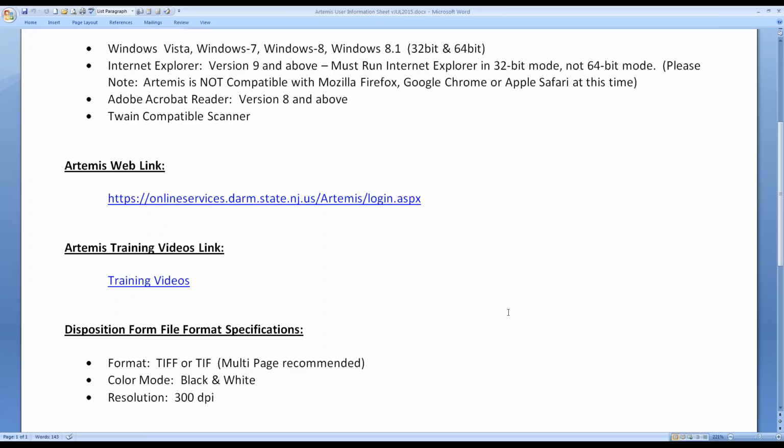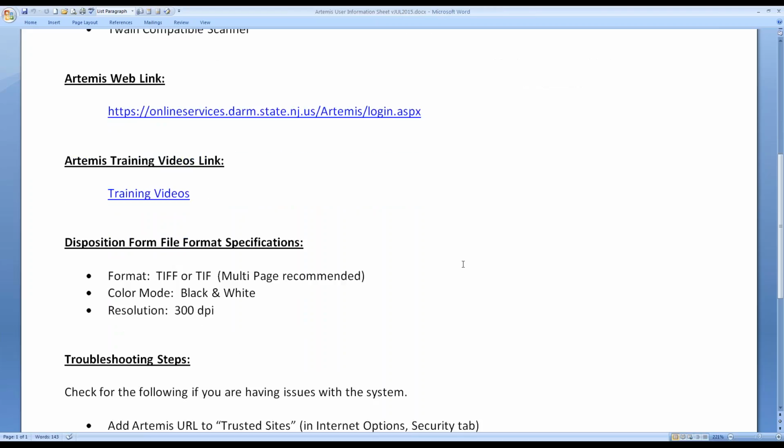When you go to scan in your disposition form and you need to upload it into the Artemis system, you have to follow some file format specifications. Now, I know most copiers today scan by default in PDF mode, but the state standard, again, this isn't a Sunrise requirement, this is a state requirement, is that the format of that document has to be in what they call TIFF format. All those copier scanners have the option to scan in TIFF. You just have to change that setting on your control panel on the copier, scan it as a TIFF image, and you'll be fine to upload it into the system.